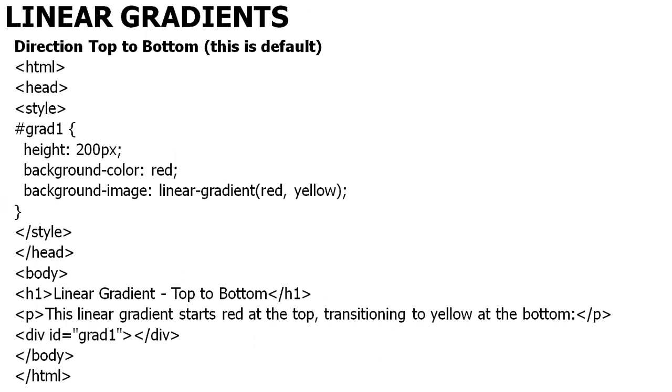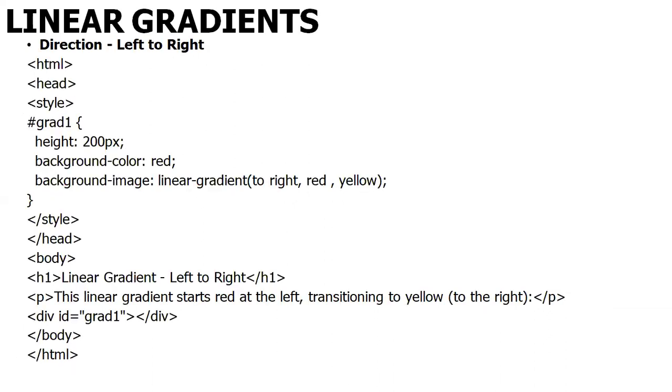Then paragraph: this linear gradient starts with red at the top and transitions to yellow at the bottom. The paragraph tag should be closed. Div tag ID is grad1 and div tag should be closed. Body tag should be closed. HTML should be closed. In direction left to right, the HTML tag should be open, head tag open, and style